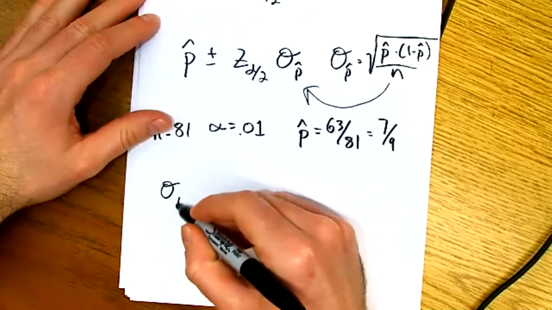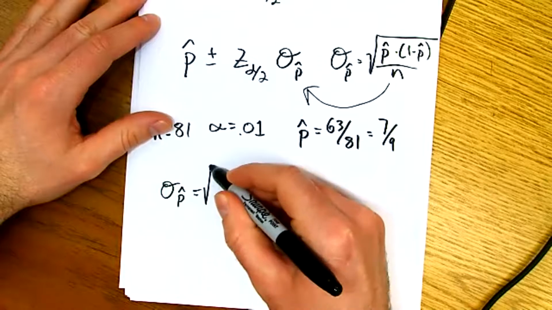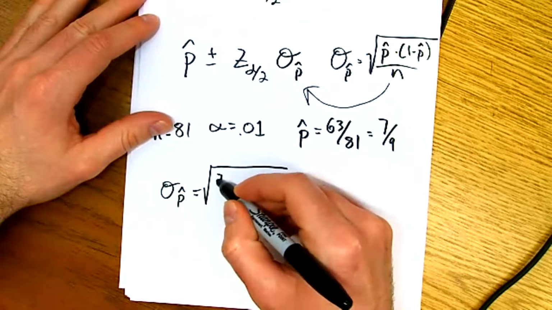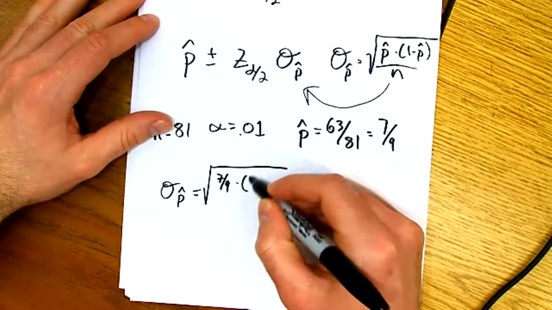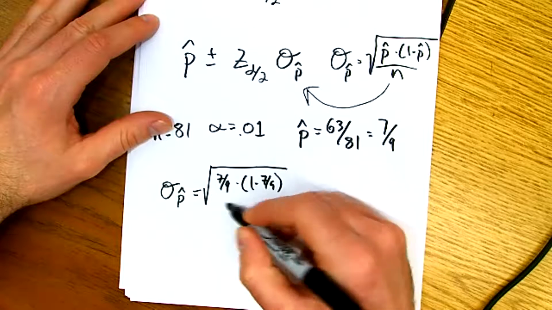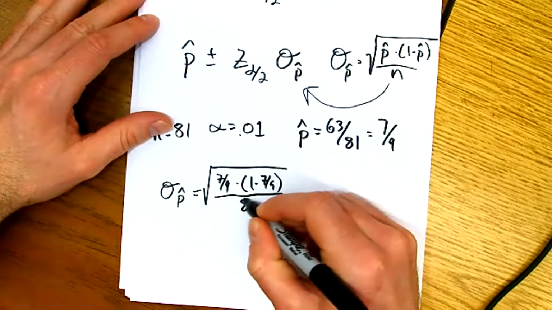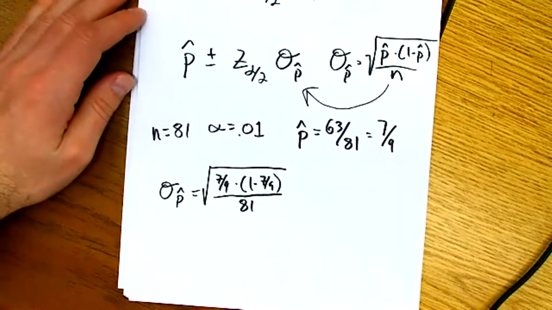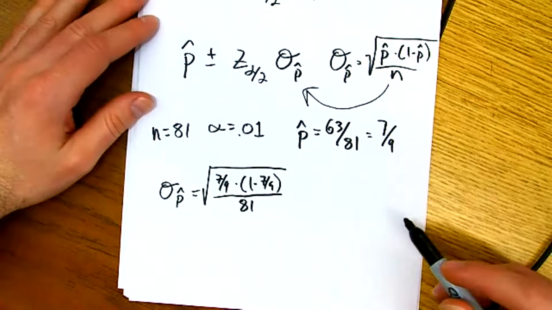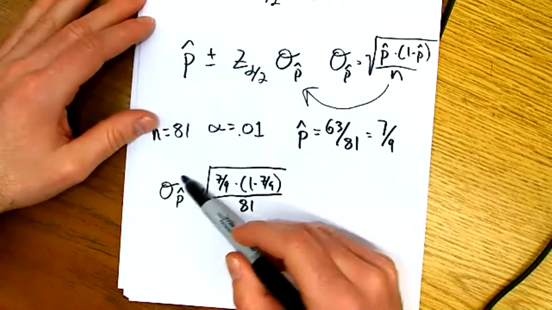So it's going to be the square root of what? 7/9 times 1 minus 7/9, divided by that sample size of 81. I'm just plugging in my values there. And now that I have this,